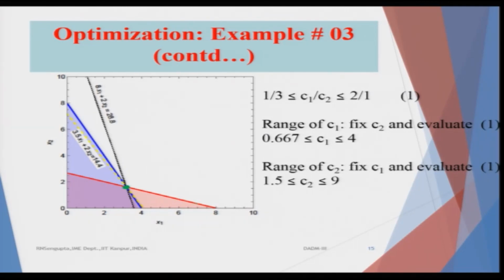This constraint was initially true, this one was also true. Now, consider that you want to achieve the same value, but you want to change the combination of x1 and x2 such that you obtain the same